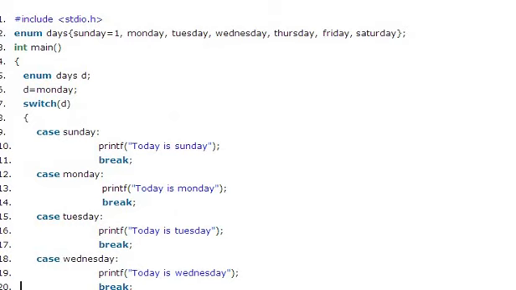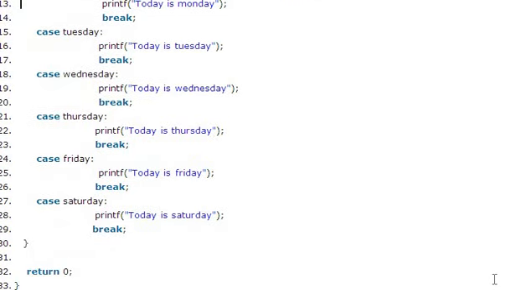So another demo program. Name days and Sunday to Saturday. Look at line number 6. d is equal to Monday. So what is the variable here? d is a variable. Switch of d. So we have different cases, case Sunday, case Monday, case Tuesday, and so on. So what is the value we assign to d? d is equal to Monday. So based on the d value, the statement under the concerned case will be executed.